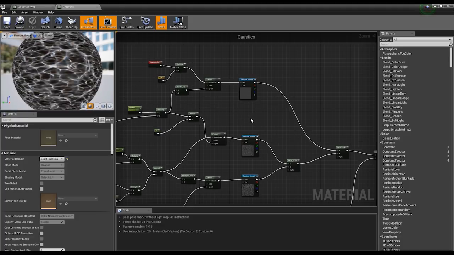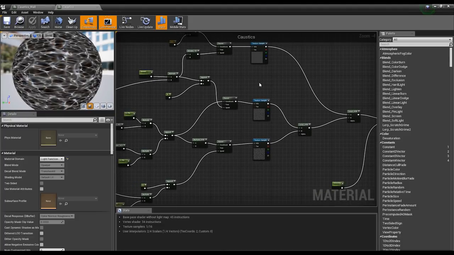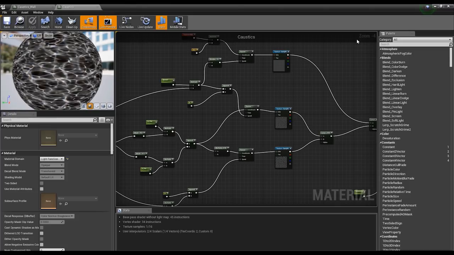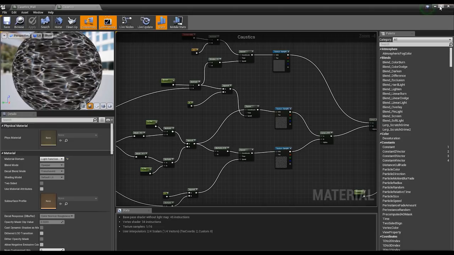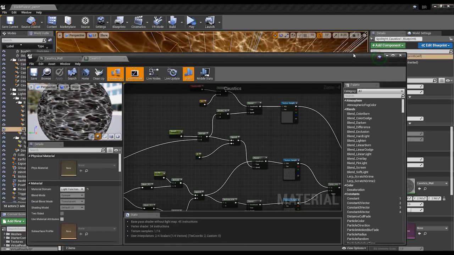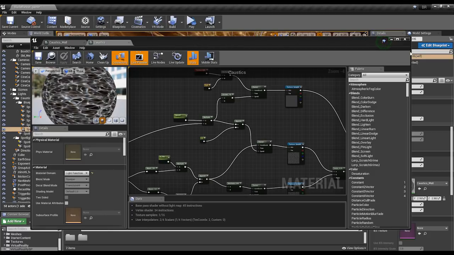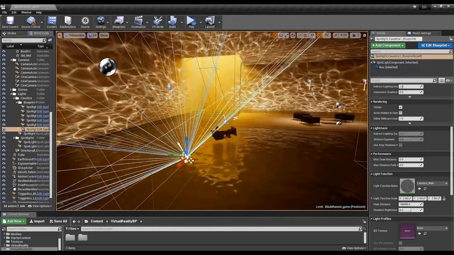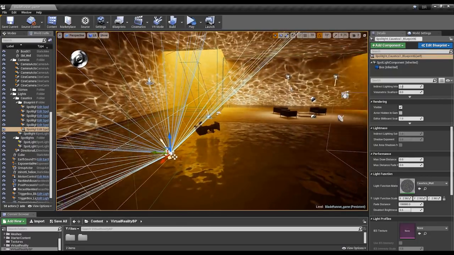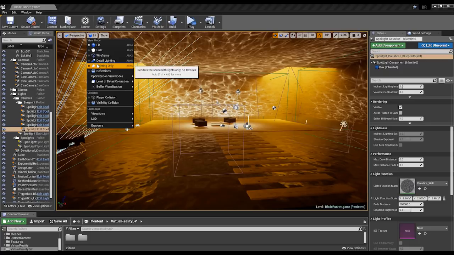So I'm not going to go into it now because you're probably tired and got enough information, but do check out the video. I just described these nodes. If you want me to do a step-by-step tutorial, please do let me know, and I'll do it starting from scratch. And then I just added them, scattered them throughout the scene, and then maybe just to look at the